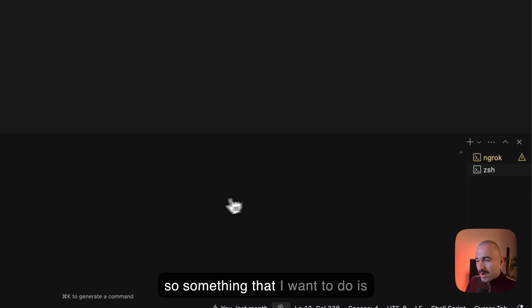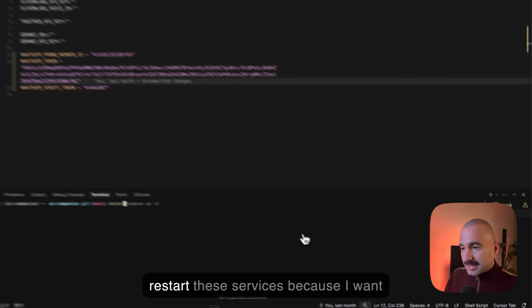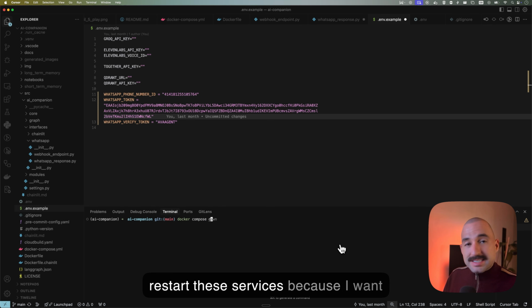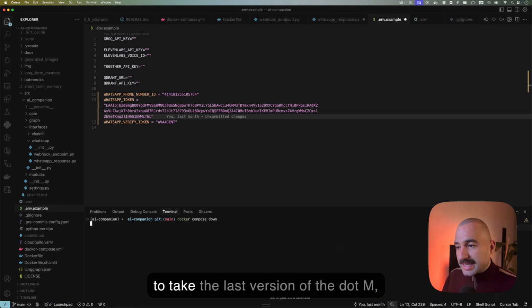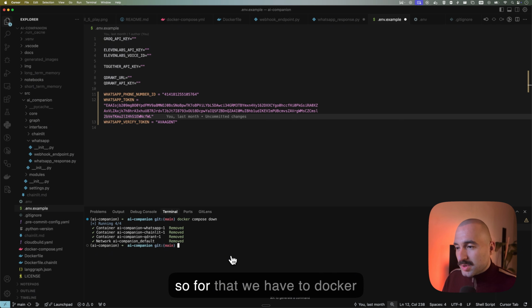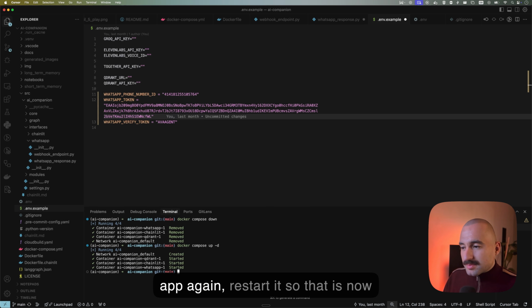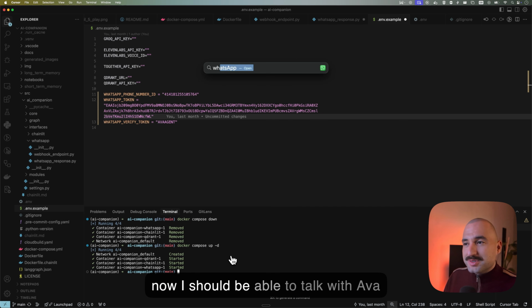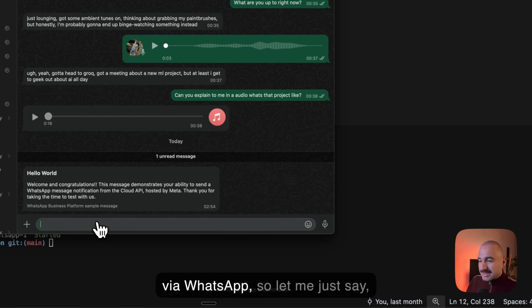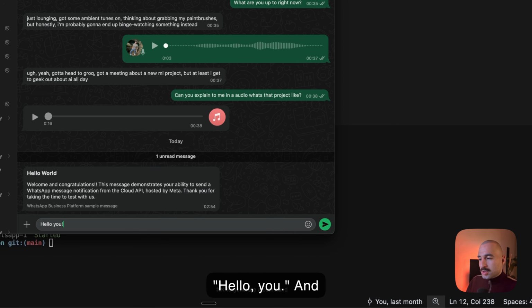So something that I want to do is restart the services, because I want to take the latest version of the .env. So for that we have to run docker compose down and docker compose up again. So that is now started and running again. So now I should be able to talk with Ava via WhatsApp. So let me just say hello,